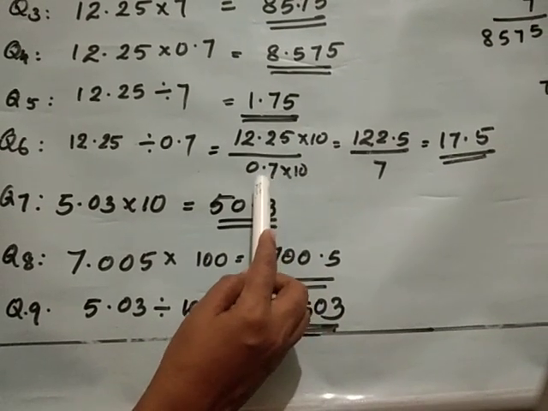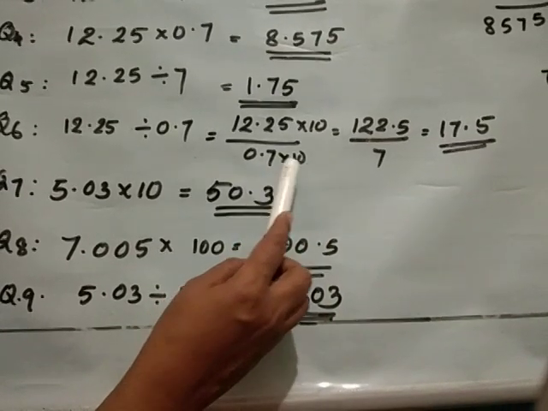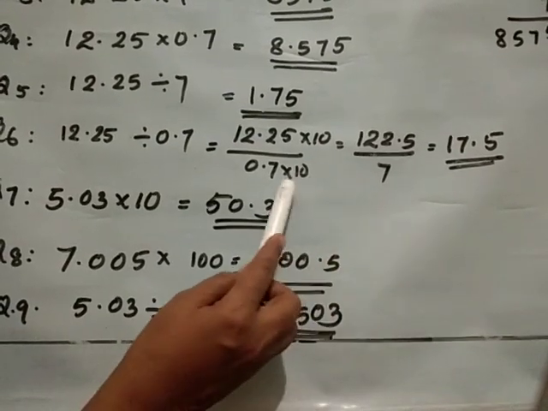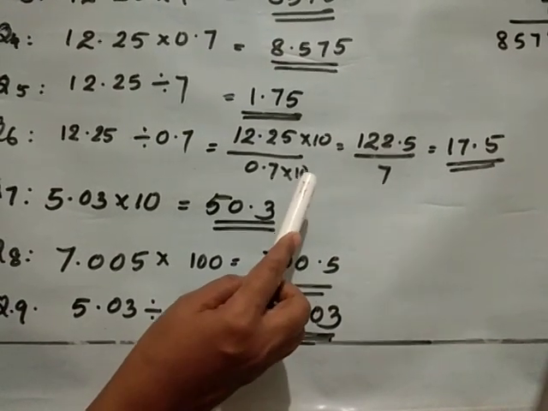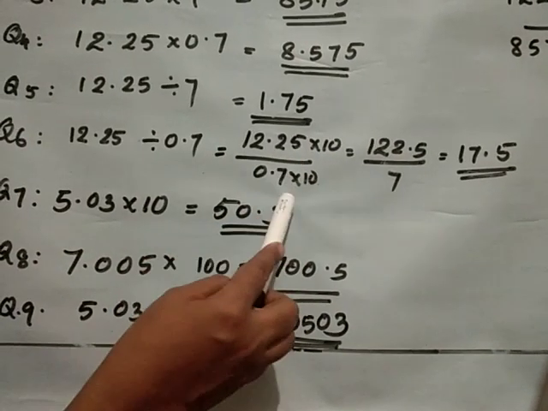Based on the decimal places we multiply by 10 or powers of 10. Here only 1 decimal place, so we multiply by 10. Then we get the denominator as 7. Whatever we multiply the denominator by, the same number we must multiply the numerator by. Only then does it balance.